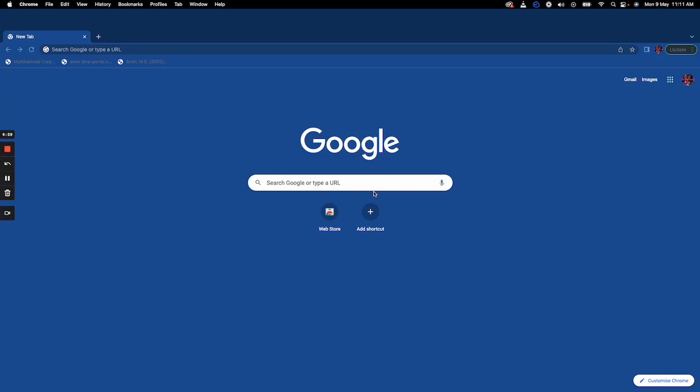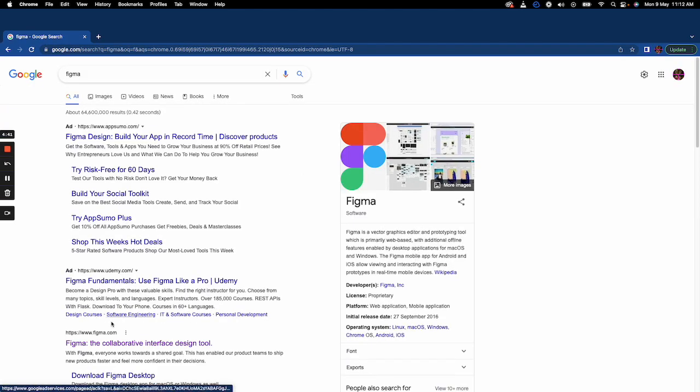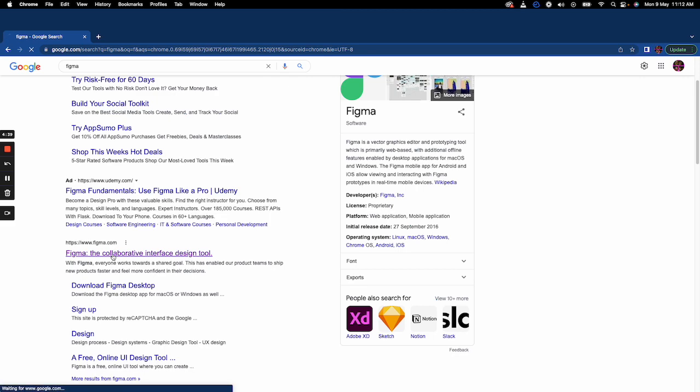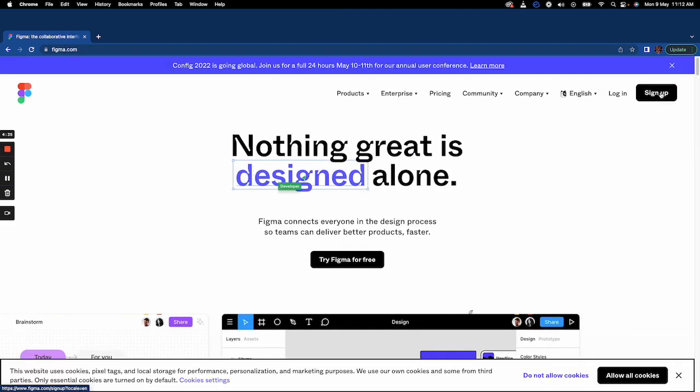Okay, so I'll be showing you how to create your Figma account using your Gmail or any other email address that you use. So from Google, you can search for Figma. Then go to figma.com and then you come to the sign up button here and you click on sign